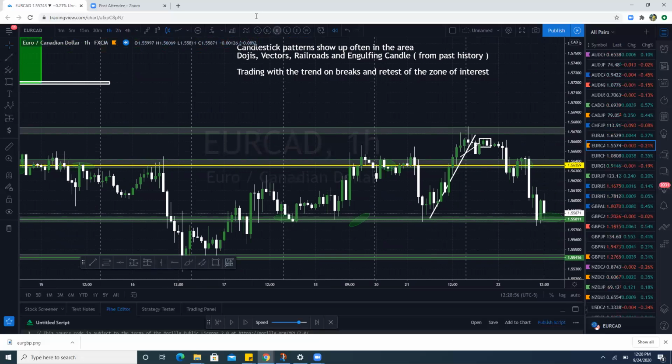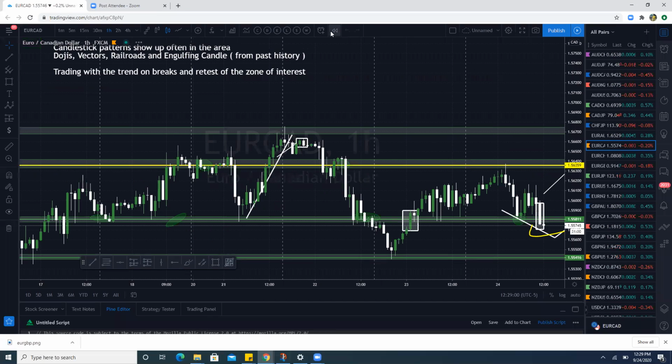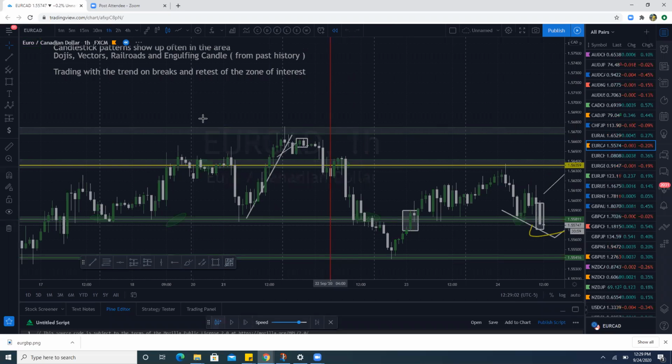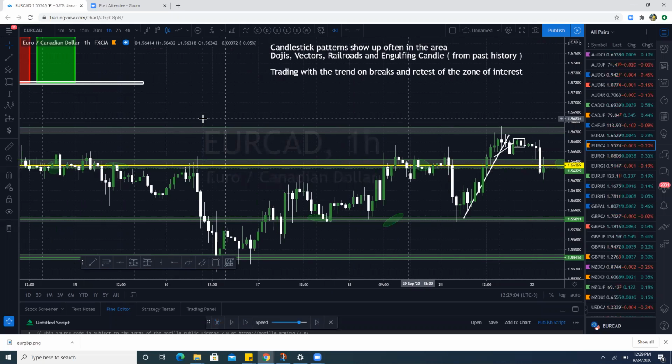So say if price is here. And I'm looking to see if there were engulfing candles that came from the zone that I'm looking at. I would look left. And when it comes to engulfing candles, I like looking for engulfing candles that are heading in the same direction